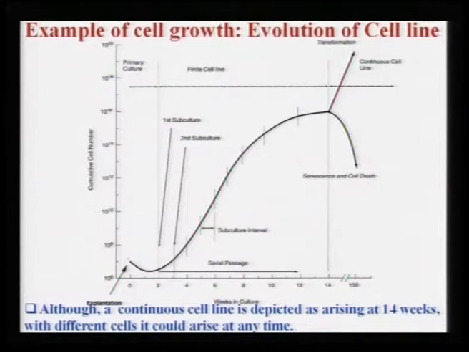Now, in cell culture, typically, initially what will happen? The cells are explanted from some organs, for example, liver cells. Liver cells are explanted from the liver tissue. Okay. So, tissue is nothing but a self organized array of cells with the extracellular matrix which helps in the binding process. Okay. Now, if you have self organized cells, the cells can be extracted from a tissue, then you have to do some primary culture.